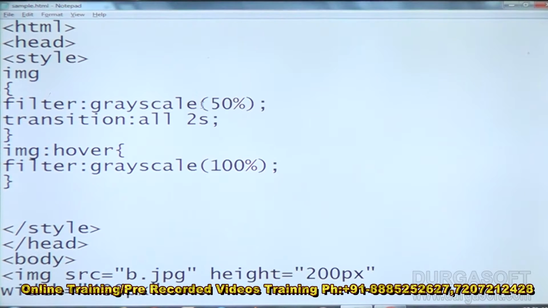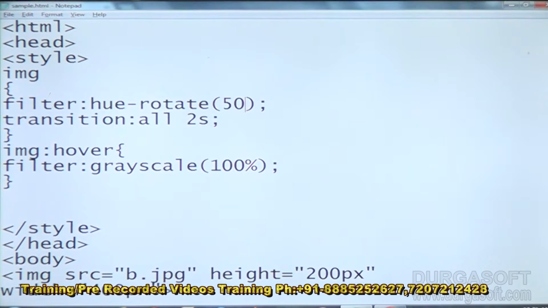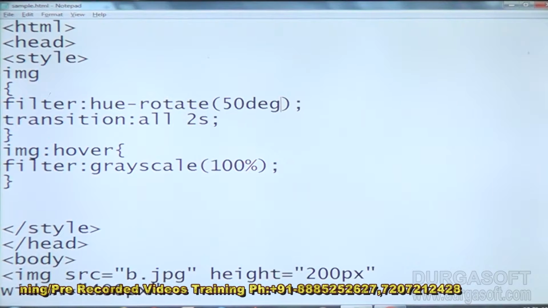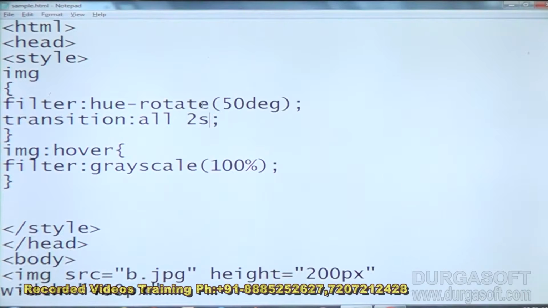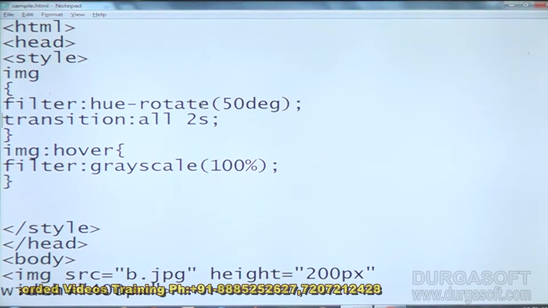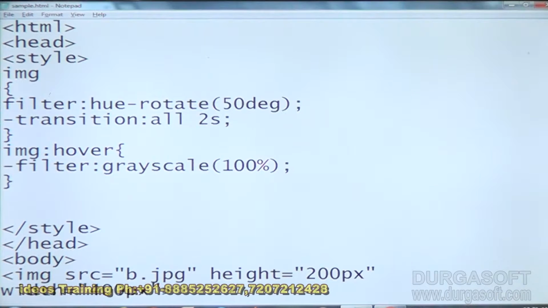Next thing is, normally the image is like this. Now I am using hue rotate, hue-rotate of, I am using 50 degrees, deg. We have to mention those degrees in deg only. I am keeping it minus, save it. Okay,